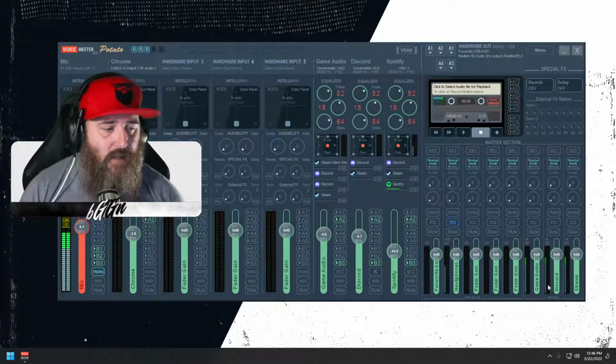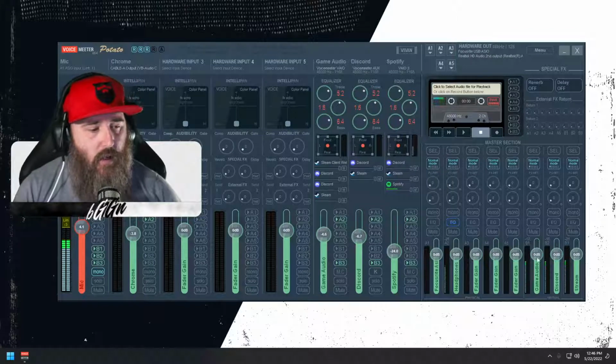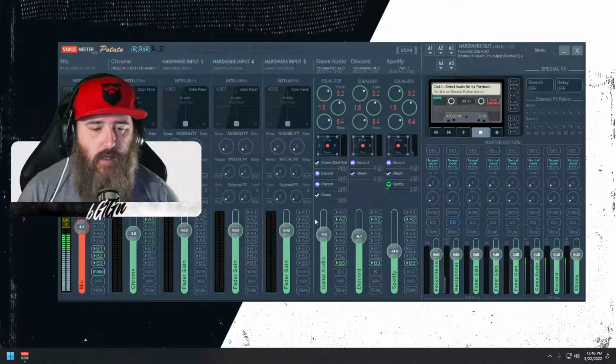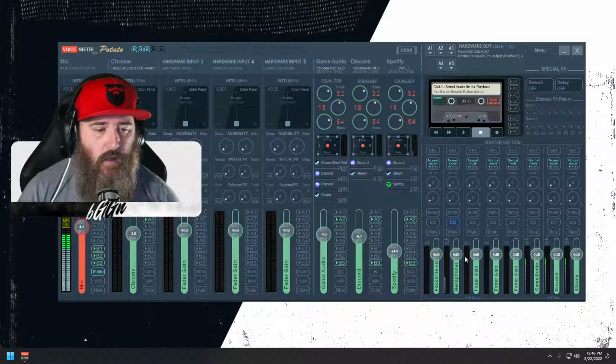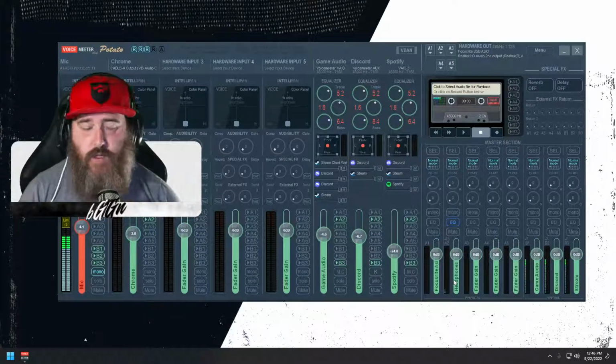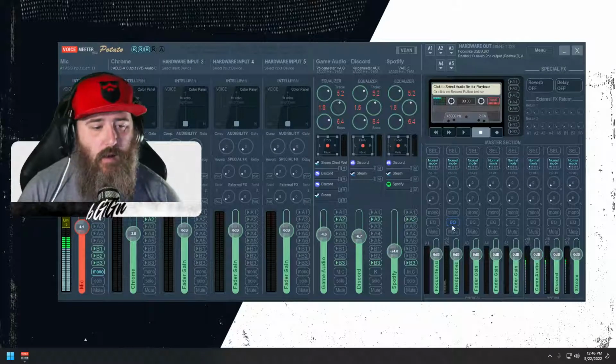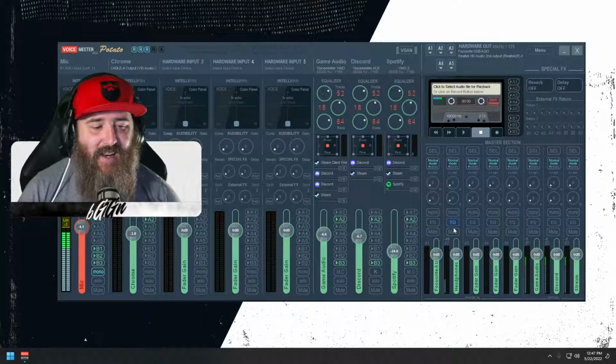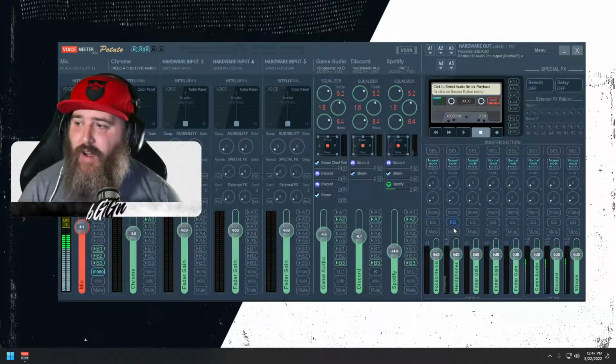Now, this master section down here, I touched on a little bit. We already know what these three are for. These are kind of a master of all of the A's that you've selected over here. So this is kind of a master volume just for my headphones. It also has, is it blowing your head? Yeah, I kind of expected it to a little bit, but